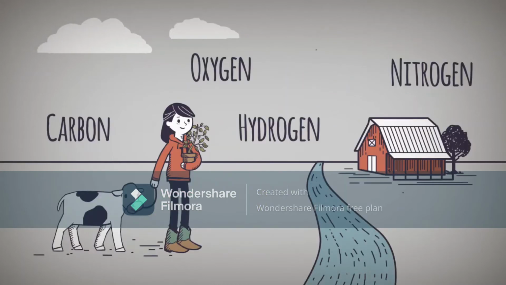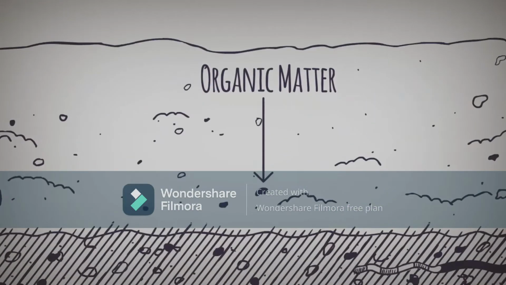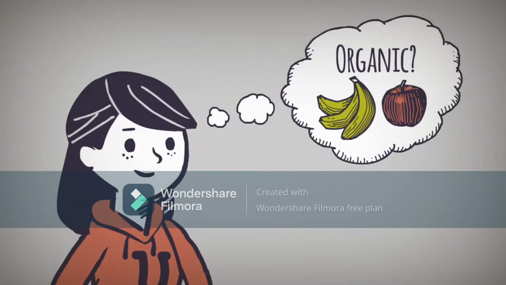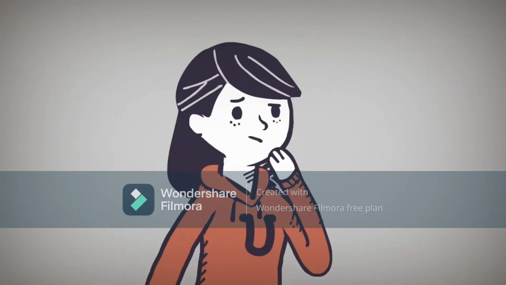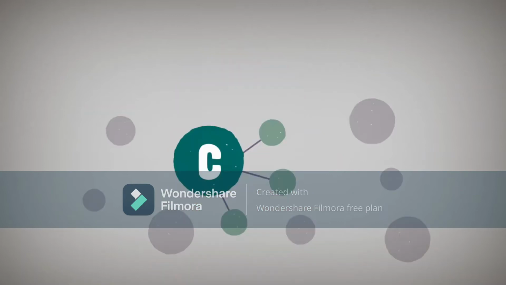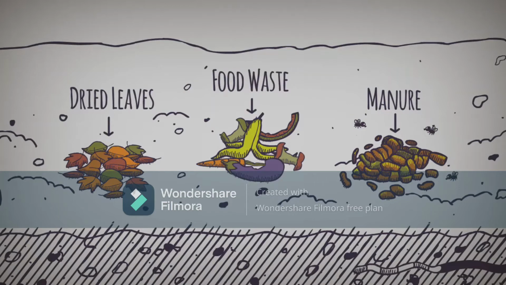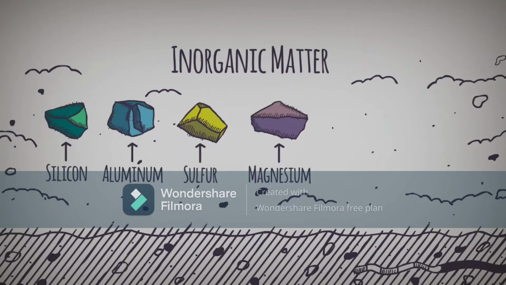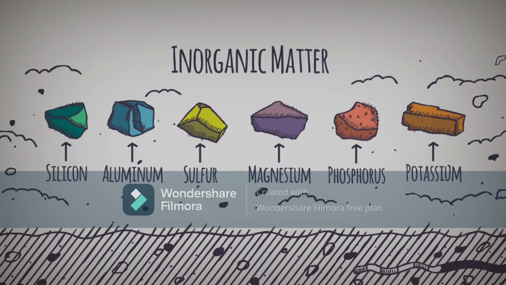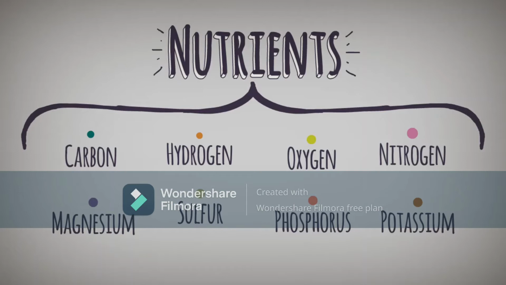These same elements are found in the air, water, and soil, especially in the soil's organic matter, which, by the way, is not the same thing as organic produce. No, organic matter is anything formed by living organisms that contains carbon compounds, such as manure, dried leaves, and food waste. Inorganic matter, on the other hand, is composed of other common elements like silicon, aluminum, sulfur, magnesium, phosphorus, and potassium. Many of these common elements are important because they are nutrients for plants and animals and are often the